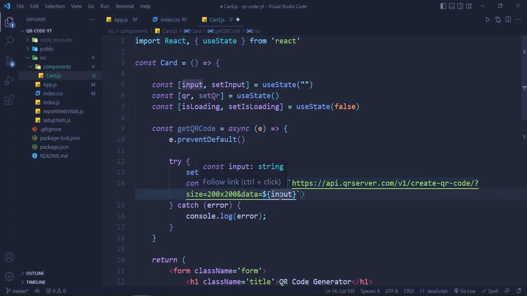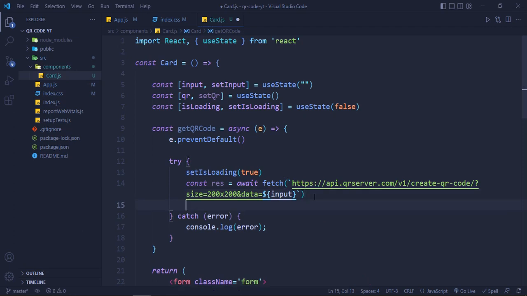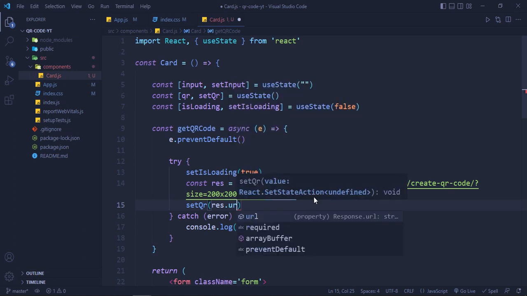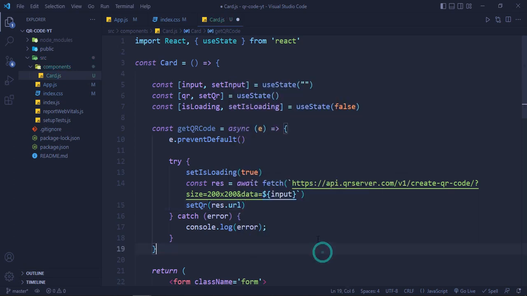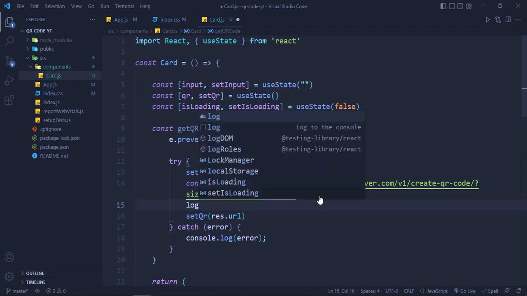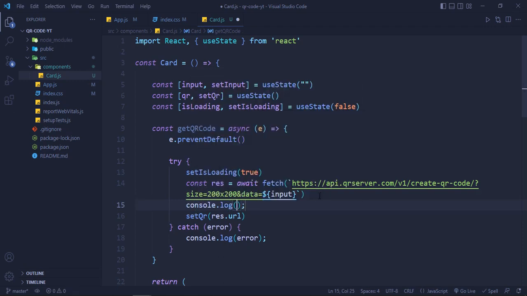So we are providing the input data, whatever is in the text field we are passing to this function, and then after this await we are going to do set QR, and then we are going to set res.url. It's going to return a URL. If we console log it, you can see log res,